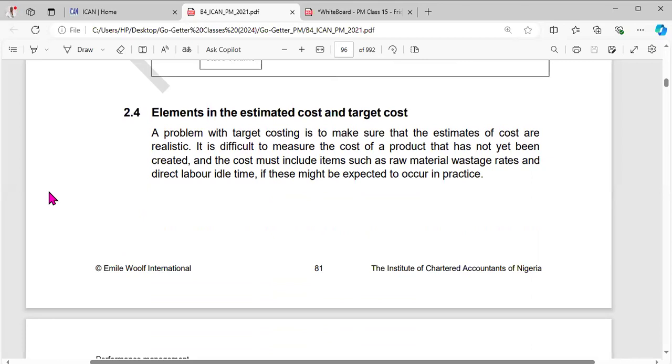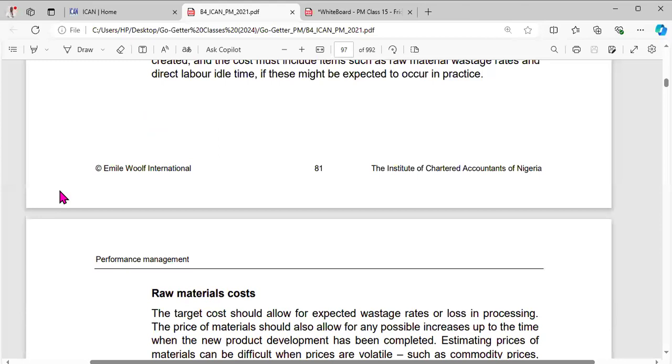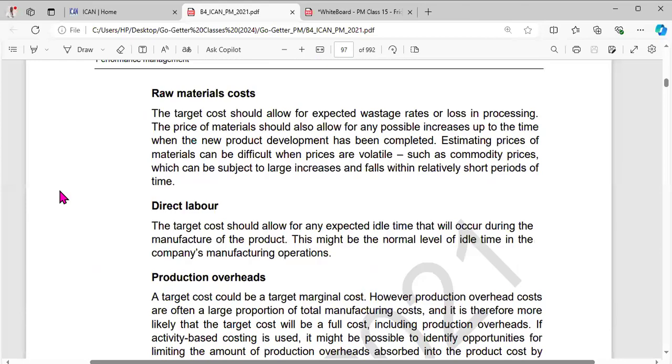And the cost must include items such as raw material wastage rates, labor time, and what might be expected in practice. Now look at raw material. The target cost should allow for wastage rate or loss in